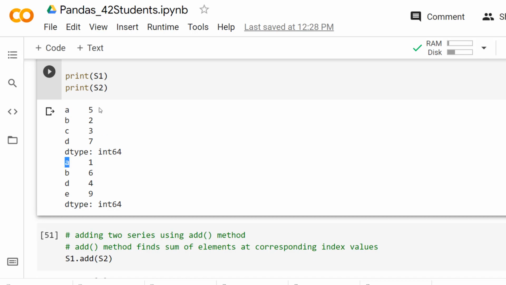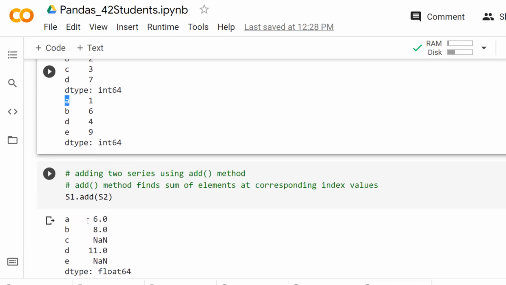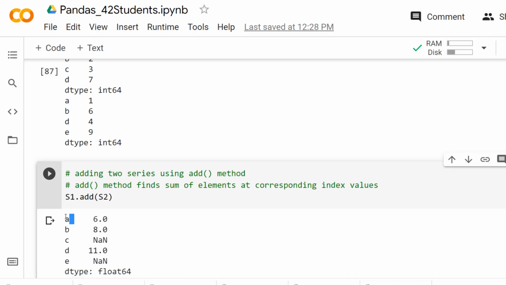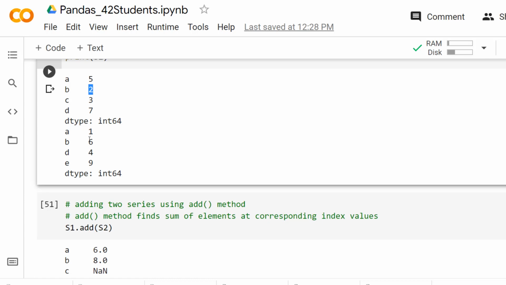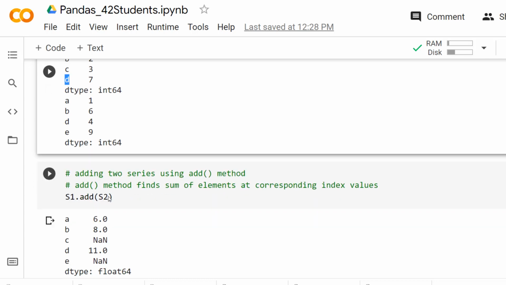So those corresponding elements are added together and attached to the new series with the index A. Similarly the same thing is applicable for the elements 2 and 6 because they both have the same index B. And for the elements 7 and 4, they also have the same index D. So the corresponding elements are added together and attached with that index.